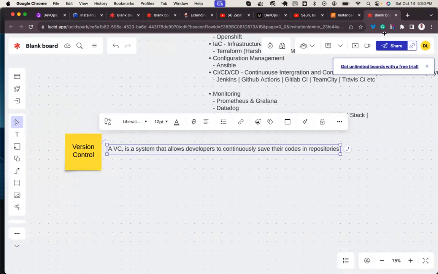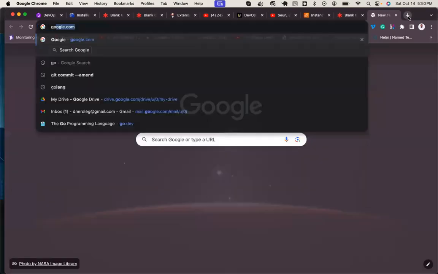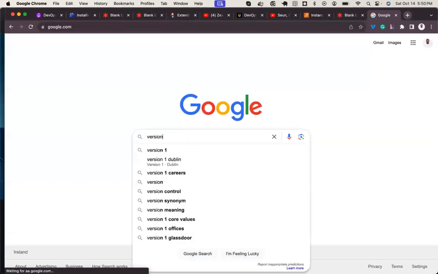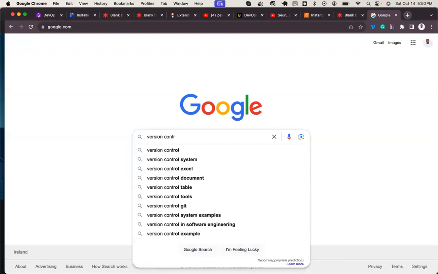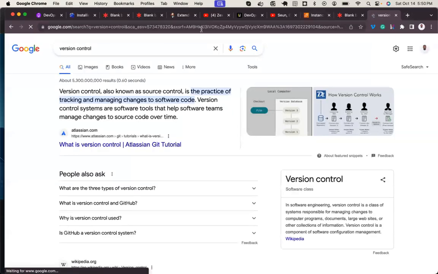All right. Let's look at the proper definition from Google. Let's look at what is version control. A version control, also known as a source control, is a practice of tracking and managing changes to software code. This is the standard definition.